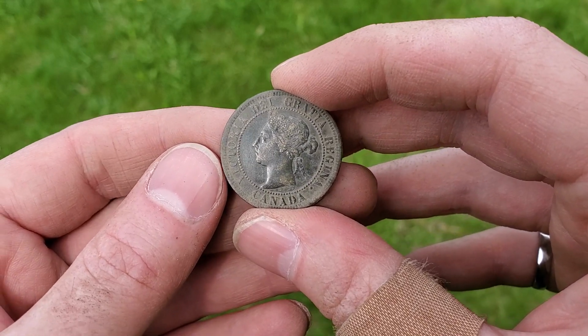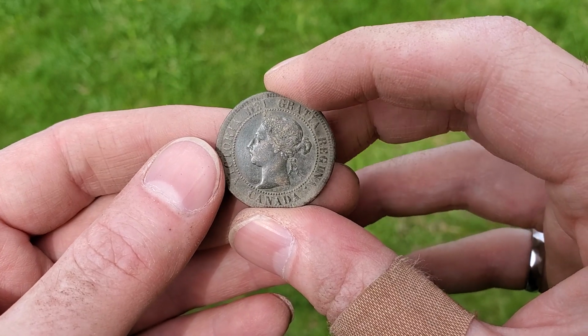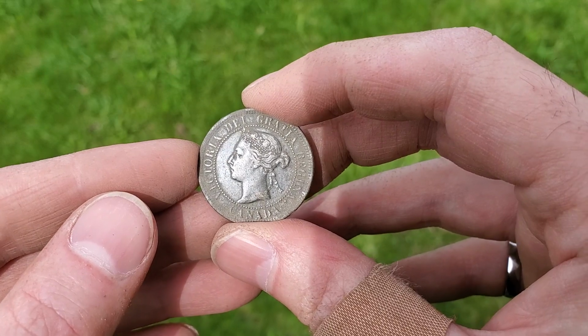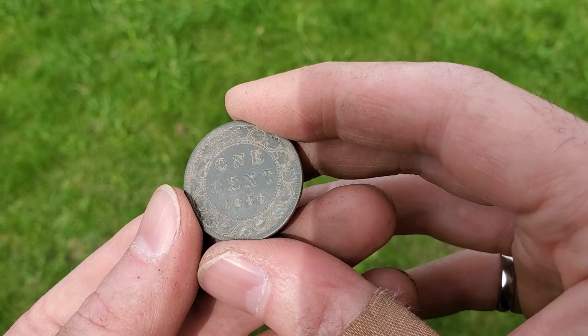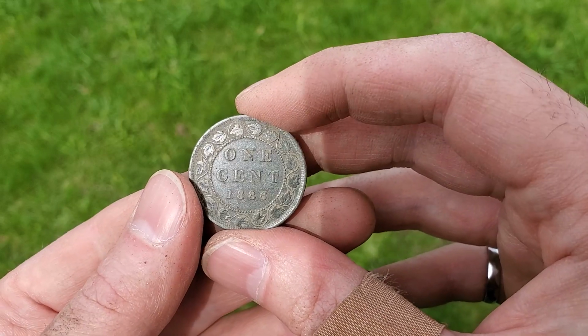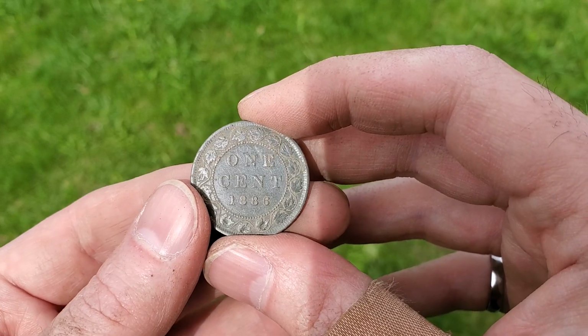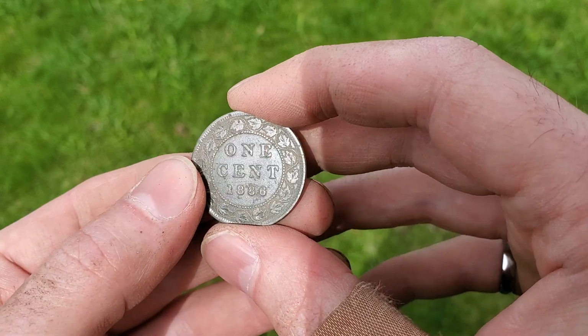So Queen Victoria, as I've said previously, kept this young head on her on the coins a little bit longer than she actually stayed looking that age. But this is an absolutely beautiful example of this coin. I'm not going to do a thing to it. I love the contrast that the dirt provides on it, and they're actually made of bronze, which is why they clean up so well. So Queen Victoria